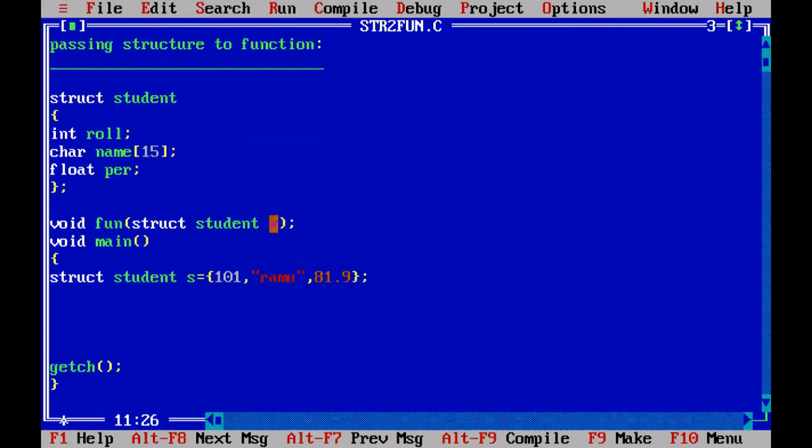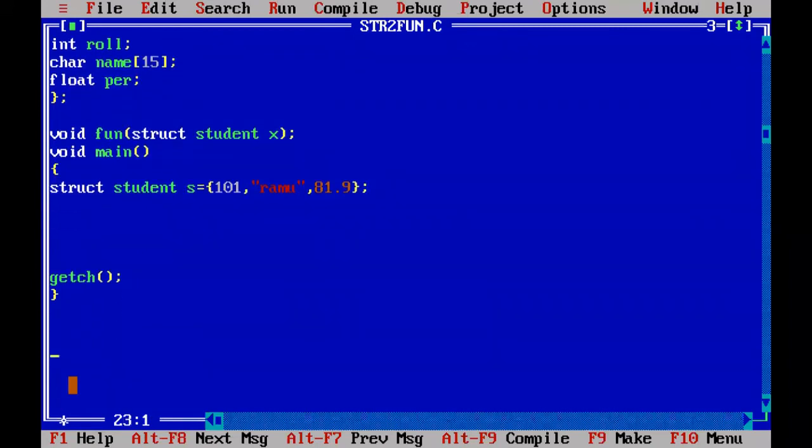To x, we are going to pass the s data, which is 101, Ramu and 81.9. This is a declaration. Now you define that function definition. Void fun, and it will take only one argument, which is a structure.